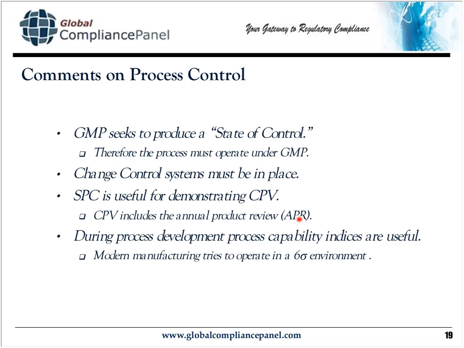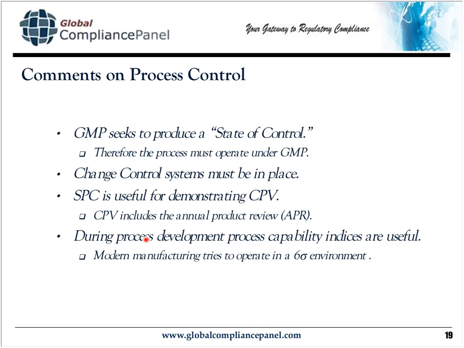The annual product review is part of your continuous process verification. It does not replace the continuous process verification. And for those of you who work with this sort of thing, notice that if you've got only a single process, it used to be that, well, okay, at the end of the year or at the beginning of the year, you just assign some people to go and take a look at the process and do the annual product review. You can't do that anymore. You have to have one or two people who are looking at the process all the time and monitoring the whole thing.